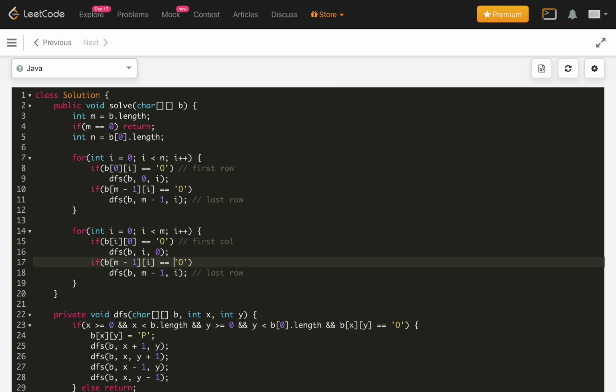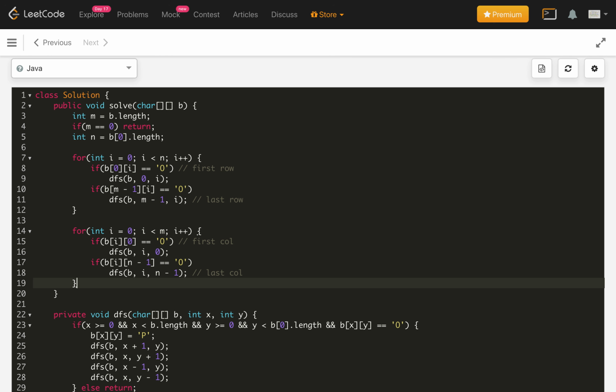Now for the last column, the row should be the I variable, and the column should be fixed with the last column, n minus 1. Similarly we pass I here and n minus 1. So this is for the last column, and we are done with the surrounded boundary region.